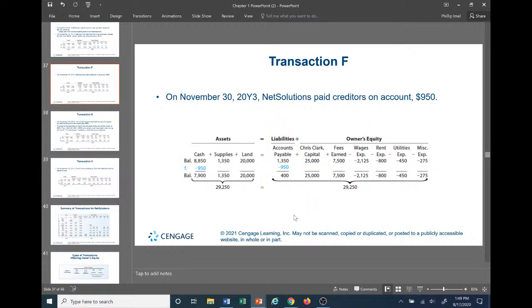So now what about on the other end, liabilities and owner's equity? If we're paying creditors on account, obviously if we have creditors on account and we're paying them, we're satisfying our creditors, then obviously recall accounts payable is a liability. If we're settling that liability, or we're paying those creditors that we had on account, $950, then the liabilities must be reduced. The accounts payable needs to be reduced by $950 because now we don't owe them the full $1,350, because we've now paid them $950 cash, which reduces assets, which at the same time reduces liabilities by $950. So we can see here our assets still equals liabilities plus owner's equity for a total of $29,250.